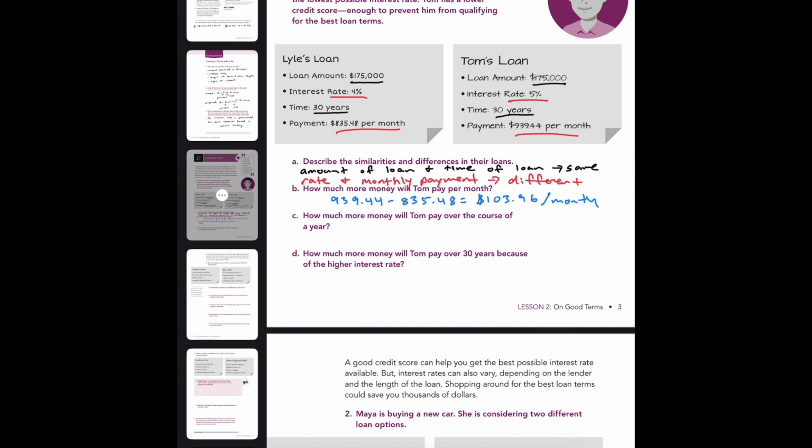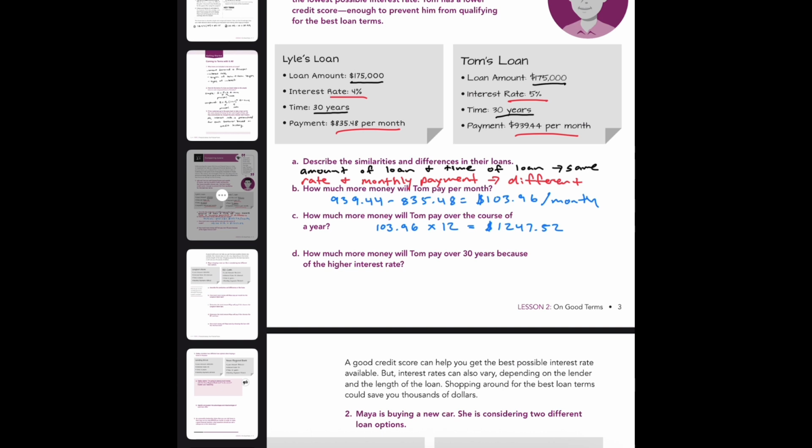Again, I'm looking at D. So over the course of a year, 12 months in a year, $103.96 times 12 months in that year, and we're going to come out to be an extra $1,247.52 per year. And now, this question I was looking ahead to, over the 30 years of the course of